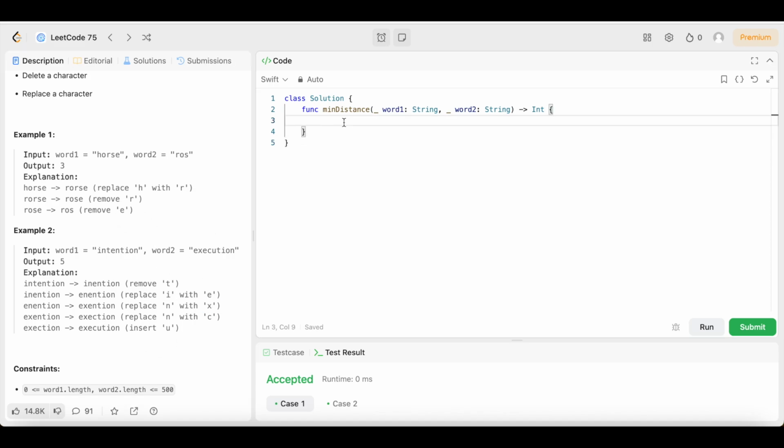So let's see how we're going to code this, guys. It's a little bit of lengthy code, but it's not too bad. We'll get through it. The first thing we're going to do is declare a constant called M, and we're going to set that equal to word1.count. Then we're going to do the same thing, declare another constant called N, and we'll set that equal to word2.count, right? Then after we do that, we're going to say if M is equal to 0, then what we're going to do is return